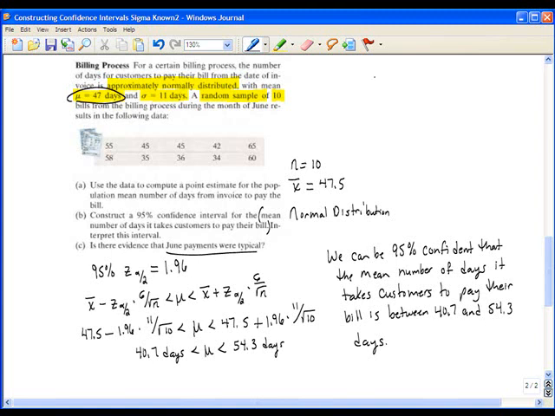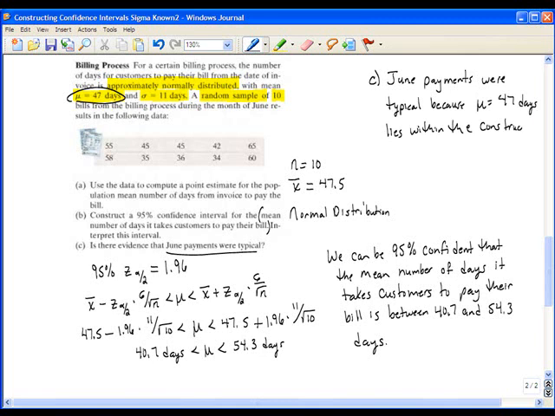Okay, so we can say for part C, June payments were typical because mu equals 47 days lies within the constructed confidence interval. Therefore, we do have evidence that this is